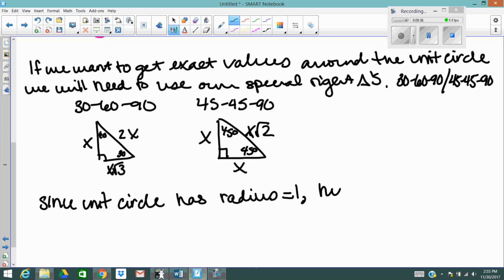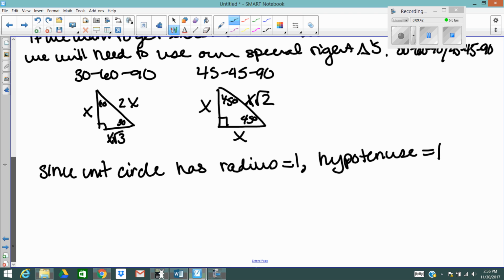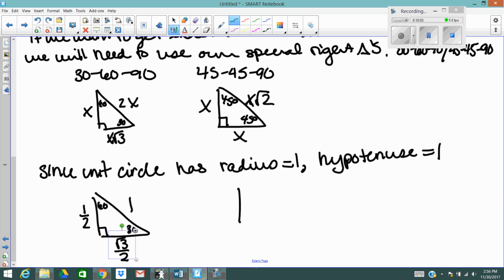It means that our hypotenuses are equal to 1. So in the case of our 30, 60, 90 right triangle, if my hypotenuse is 1, it means the opposite my 30 is 1/2, and opposite my 60 is 1/2 times the square root of 3, which is square root of 3 over 2. And my 45, 45, 90 right triangle,